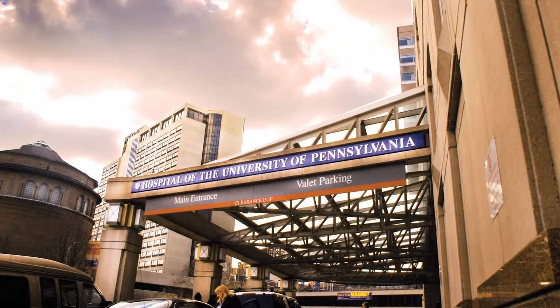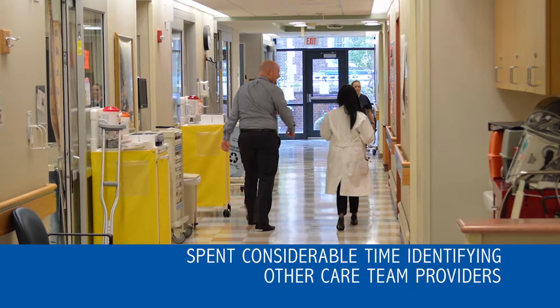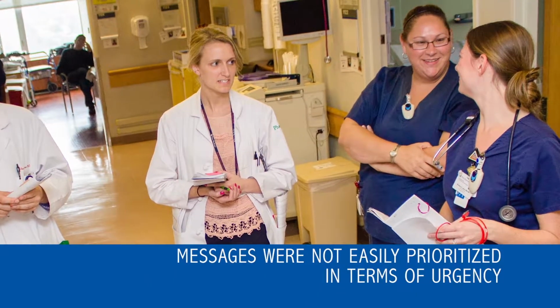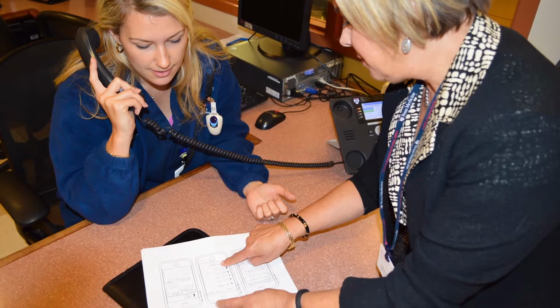The Hospital of the University of Pennsylvania recognized that these methods were disrupting workflow. Providers spent considerable time identifying other care team providers, limiting time for personal interaction, and messages were not easily prioritized in terms of urgency. To improve team communication, the Hospital of the University of Pennsylvania spearheaded a pilot that uses